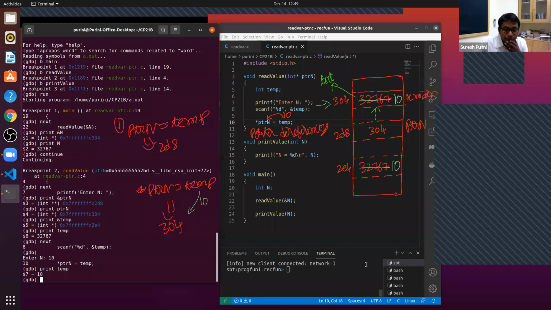So now, because of that, when we return to the function main, the associated variable n is updated, so you are good. The interesting thing is the function read value, its return type is void, but it is having a side effect.